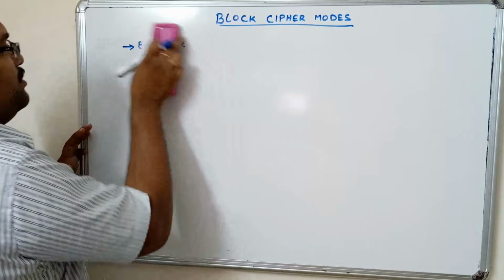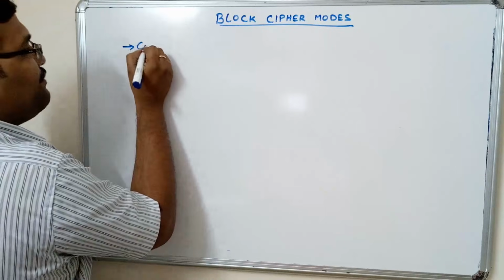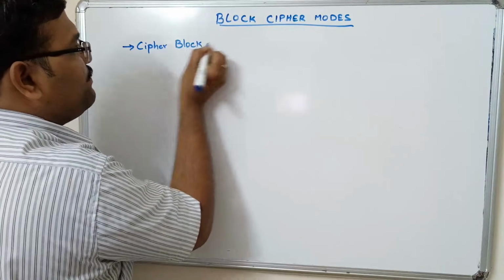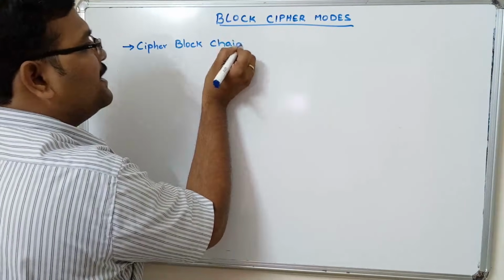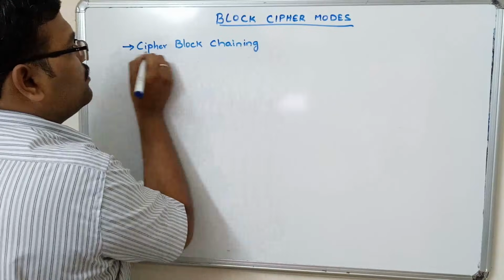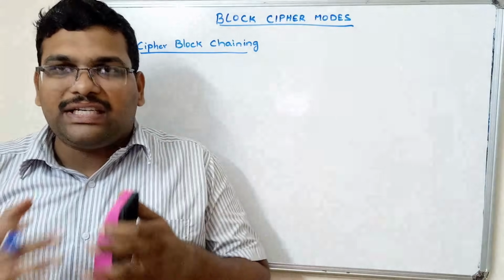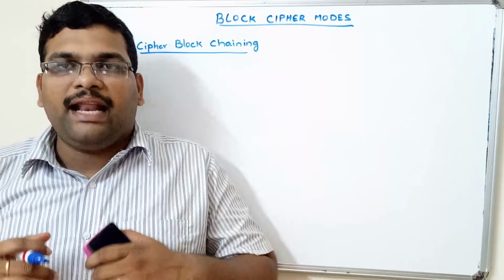Sorry. This we have seen. Cipher block chaining mode. Cipher block chaining mode. So as the name itself indicates, the ciphertext of first block will be given as input